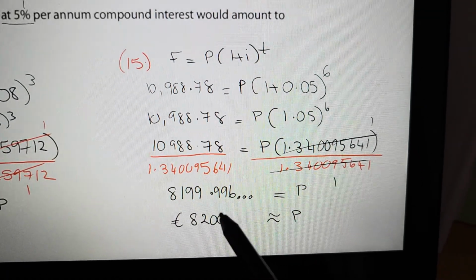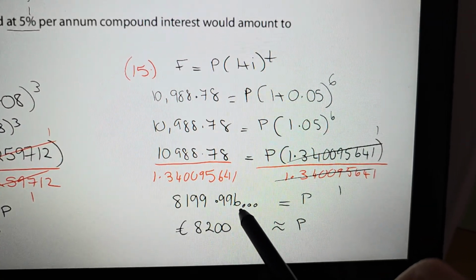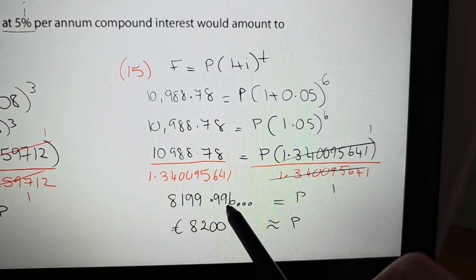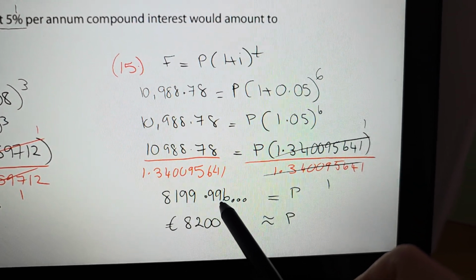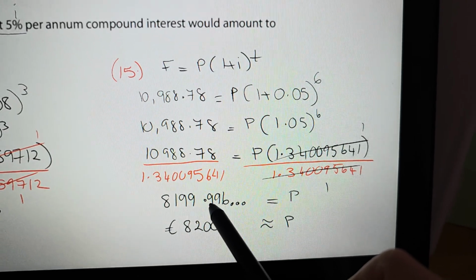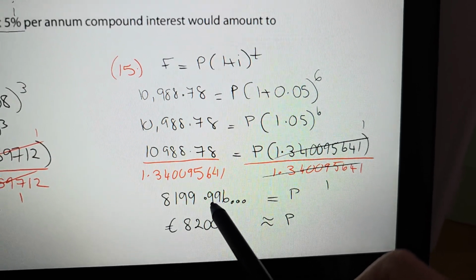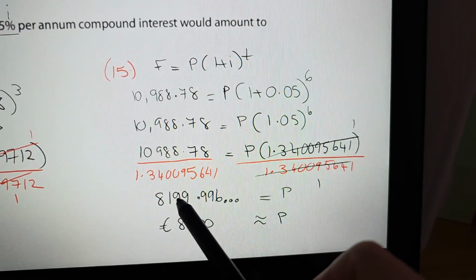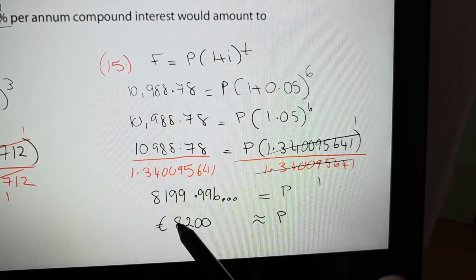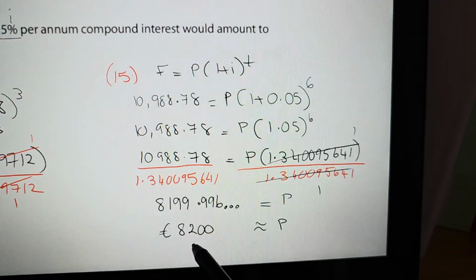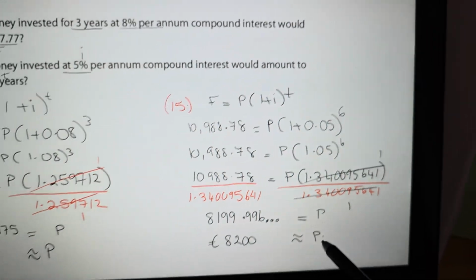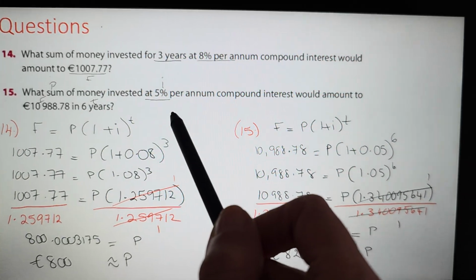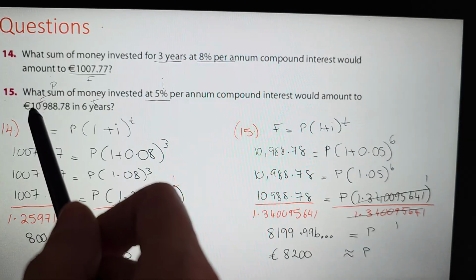Round it to 2 decimal places, which means you'll look at the 6. 6 will mean the 9 has to turn into a 10. You can't write 10, so you turn it into a 0. You add a 1 onto the next 9, which is also a 10. You can't write 10, so you put down another 0 and you add a 1 onto the next 9. And it keeps going in that order until you eventually have it rounded to €8,200. So that must be the sum of money that I invested at 5% interest for 6 years, and it amounted to